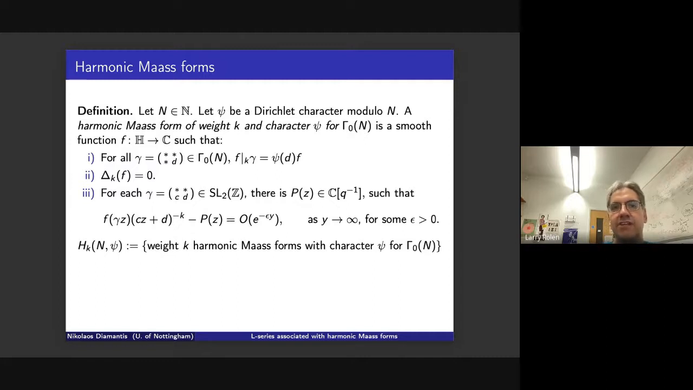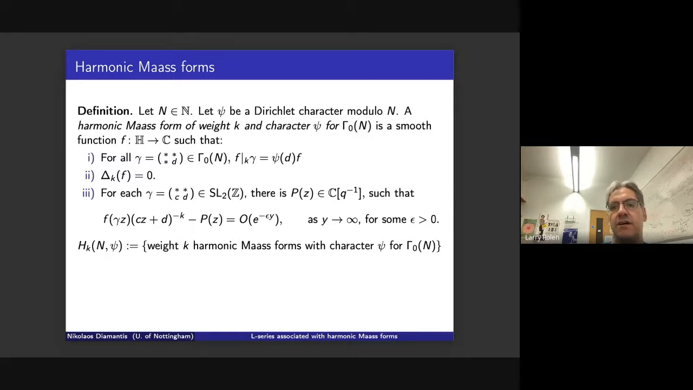We say that a harmonic mass form of weight K and character psi for gamma 0 of N is a smooth function, C infinity if you wish, defined on the upper half plane, which satisfies three properties. The first one is that it is automorphic with weight K and character psi. This is a very usual condition. It appears also in classical modular forms. The second one, which also appears in mass forms, is harmonicity, that is, it is annihilated by the hyperbolic Laplacian. And the third one, which is in some sense the most characteristic and has far-reaching consequences,